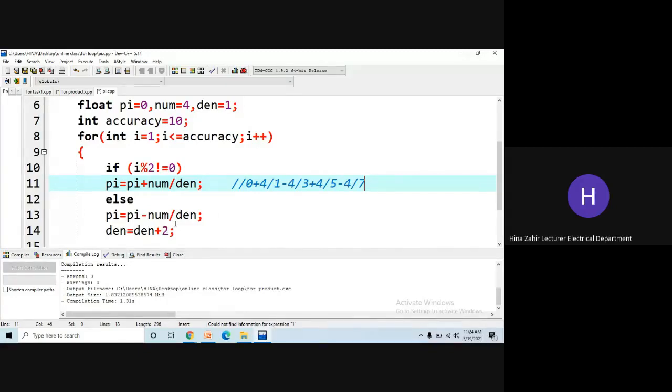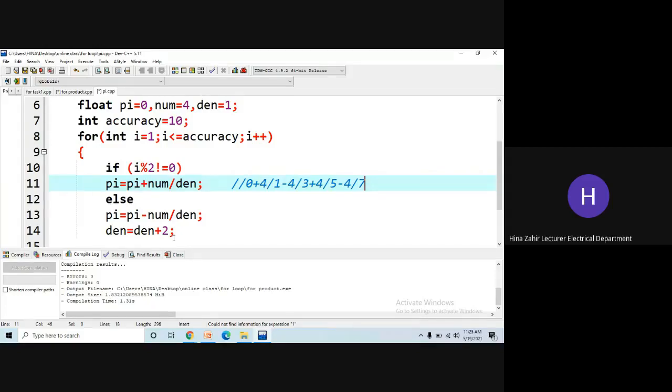तो ये हम क्यों कर रहे हैं? सिर्फ और सिर्फ अल्टरनेटिंग प्लस माइनस साइन के लिए। देखिए यहाँ पे हो क्या रहा है, ऑड के लिए पाई प्लस नंबर बाय डिनोमिनेटर और इवन के लिए पाई माइनस नंबर बाय डिनोमिनेटर। तो सिर्फ अल्टरनेटिंग प्लस माइनस साइन की खातिर हमने ये इफ कंडीशन लगाई है। बाकी अगर आप देखें तो सिर्फ ऊपर का नंबर न्यूमरेटर कांस्टेंट है, और डिनोमिनेटर इज एक्चुअली इंक्रीजिंग बाय 2, जो कि हमने यहाँ पे लिख दिया है कि हर बार डिनोमिनेटर को 2 से इंक्रीमेंट करें। तो इसमें सिर्फ और सिर्फ ये जो प्लस और माइनस है, इसके लिए ये इफ कंडीशन हमने लगाई है।